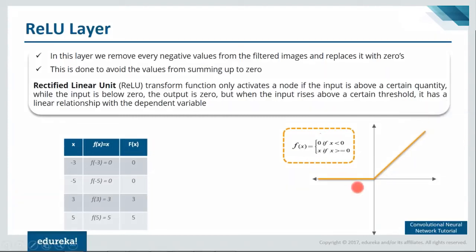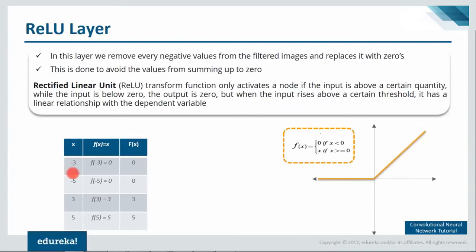We have a graph of the ReLU function here. My function says that f(x) is equal to 0 if x is less than 0, and it is equal to x when x is greater than 0, all right? Whatever values I have which are below 0 will in turn become 0, and for whatever values are above 0, our function value will also be equal to that particular value. So f(x) will be equal to x if it is greater than or equal to 0, and it will be 0 if it is less than 0.